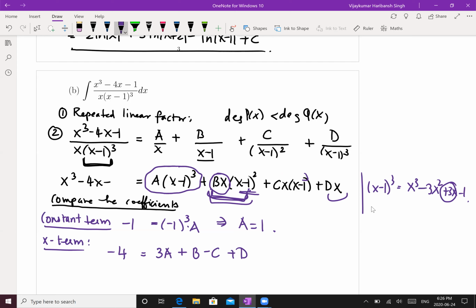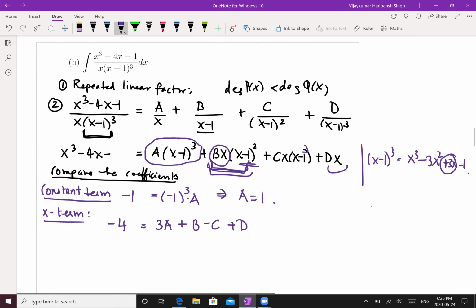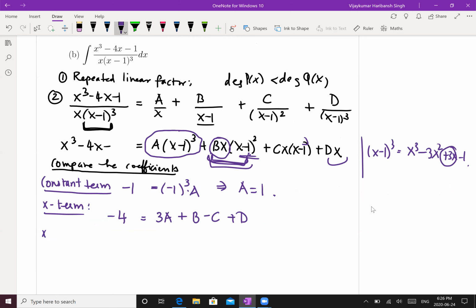Okay, so we can't solve it yet, right? We only know basically the x term. So let's look at the next term. What about the x square term? So the x square term. On this side you have 0, right? Because on this side you have no x square term. So it will be 0 equals to,